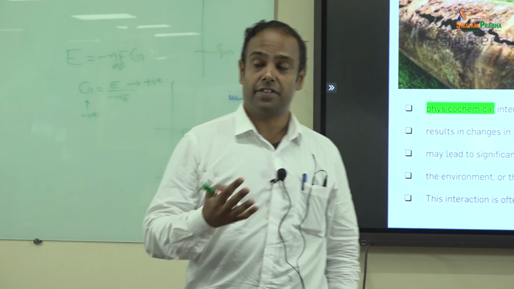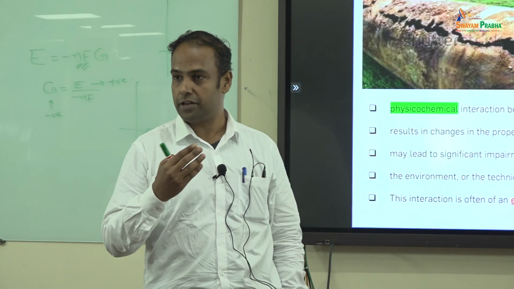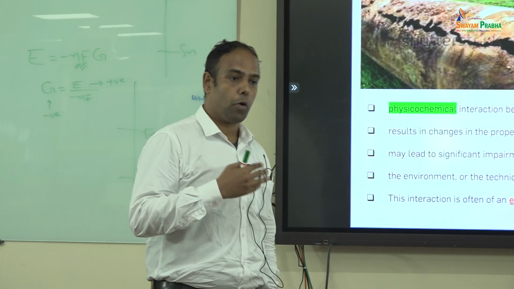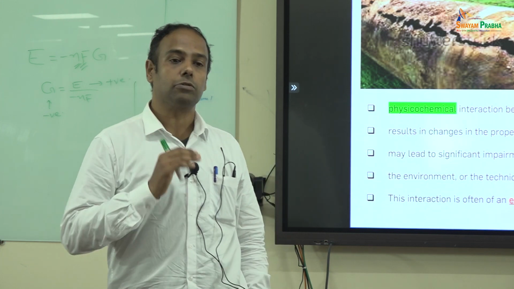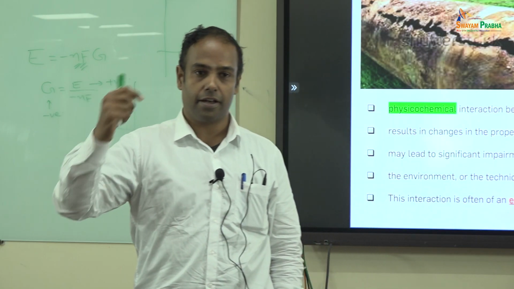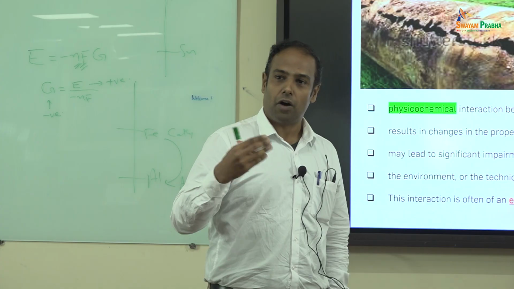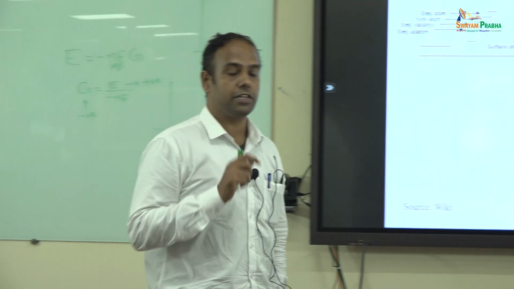Basically the energy associated with the surface is much more. Why is the energy associated with the surface much more? Because you have broken bonds, therefore you have higher energy, so it is easier to start with the surface. Then asking the question he asked in the previous session, are all surfaces the same? If I talk to an engineering student, if I say surface, it's a polished surface, but if I look closer into the surface of